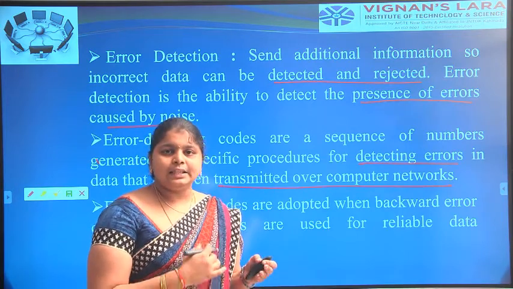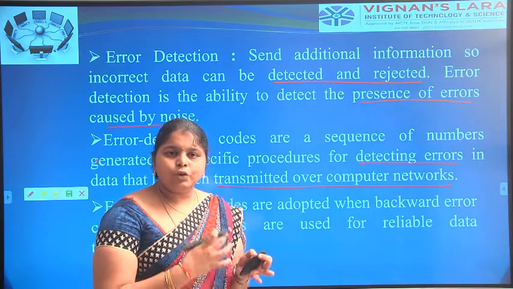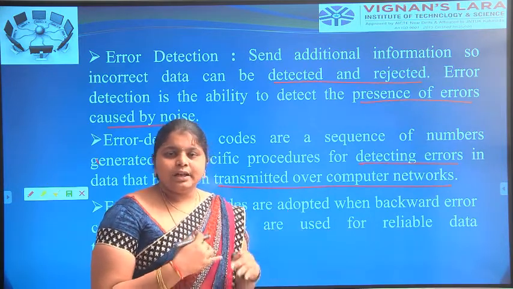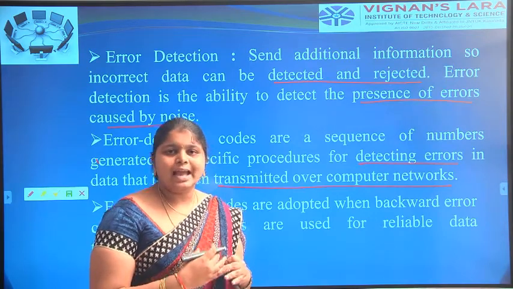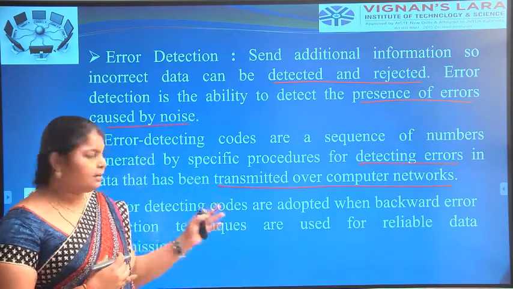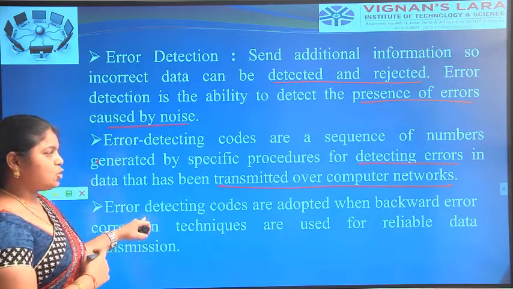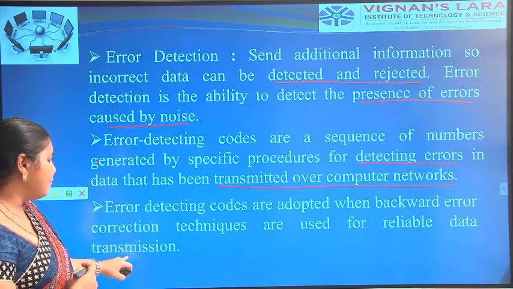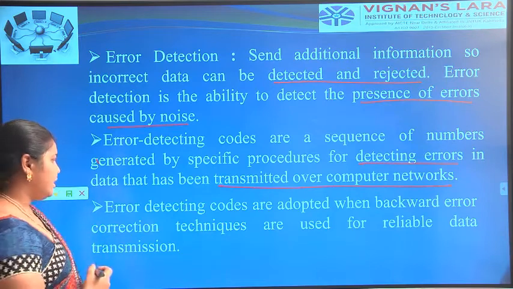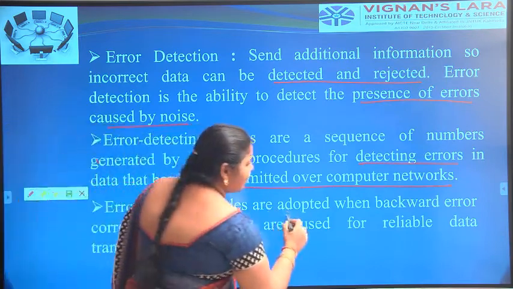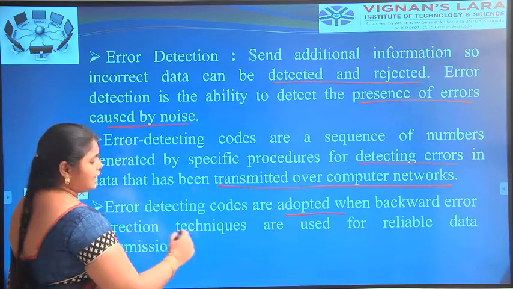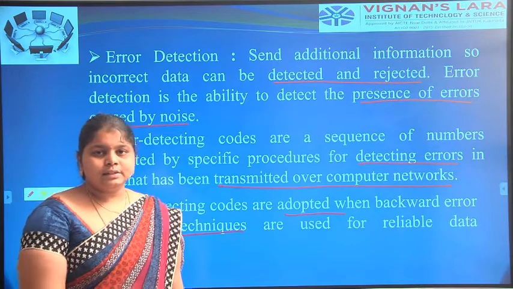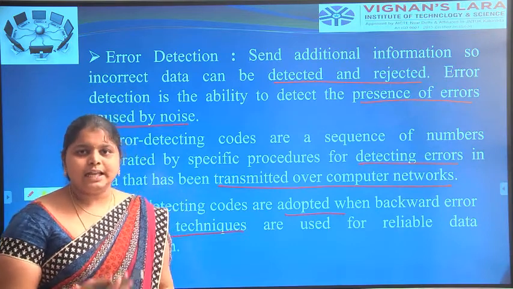The sender sends the data to the receiver. The whole original data is sent from sender to receiver. If there is no change, there is no error. If there is a change, that is known as an error. Error detection codes are adapted when backward error correction techniques are used for reliable data transmission. Whenever the sender sends the data to the receiver and there is an error,